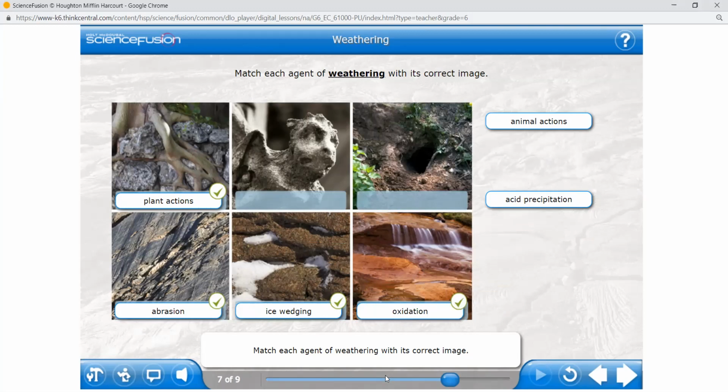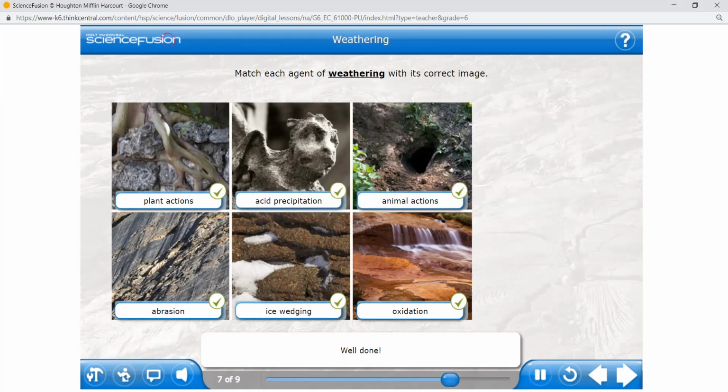Okay, who's left now with me here? Miral? Animals. Which picture do you think they are digging? The second or the third? Second. You think the animal is digging here? It's wrong. See the hole, dear. The animal is digging here, an animal like a rat or mice. This is acid precipitation. Well done! Ice wedging, abrasion, and plant and animal actions are all agents of physical weathering.